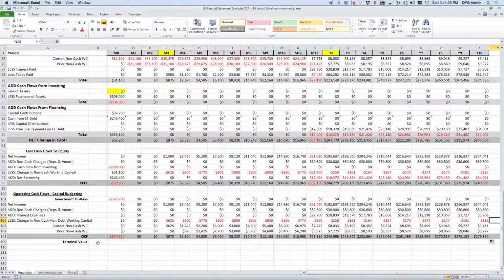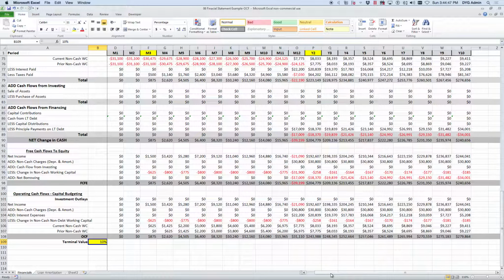But now we need a terminal value. And so the first thing you have to think about for terminal value is what percent you're going to assume. And so we're going to assume as a discount rate 10% for now. We may adjust that later on, but for now, we're just going to plug that in so I can show you how this calculates out. All right. And when you do a terminal value, we're going to rely on a formula